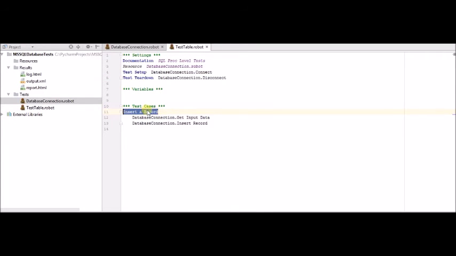Followed by insert a record, which is the name of the test case. And then on the next line, I have a tab space, followed by database connection, which is referring to the resource file, followed by the keyword get input from data. So when I have this on a single line, what it does is it goes to the database resource file shown here,